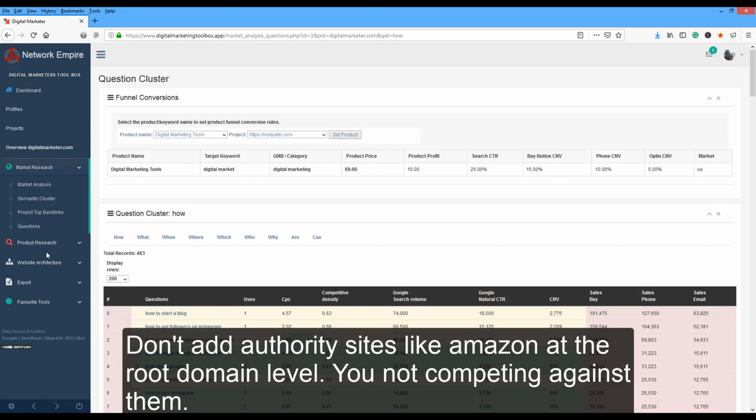Step 1, create your profile. Step 2, add the domain you want to look at. Step 3, add the other authority sites in the industry. Step 4, go to the semantic cluster and look at the top level themes. Use the filter to extract what you're interested in and observe all the keywords. Step 5, look at the questions. And that'll help you get